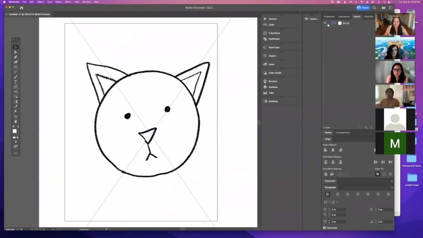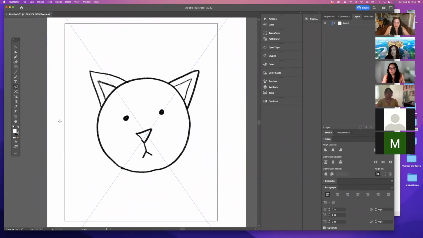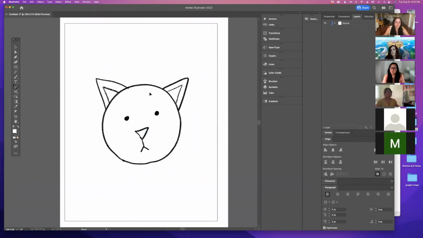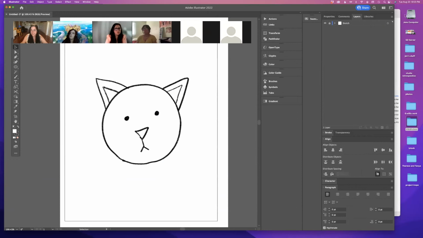All right, so I'm going to scale this down just a little bit. It's a little bit big. It doesn't matter that it's going off the artboard. I'm going to scale it and center it here, and then I'm going to lock it. Let me move you all to the top where you won't be in the way.